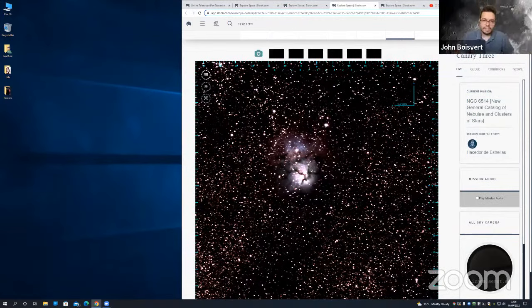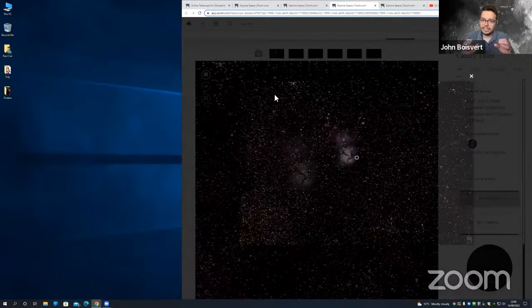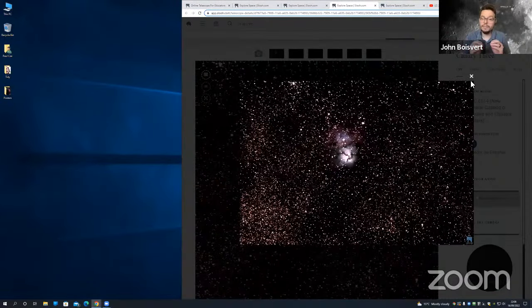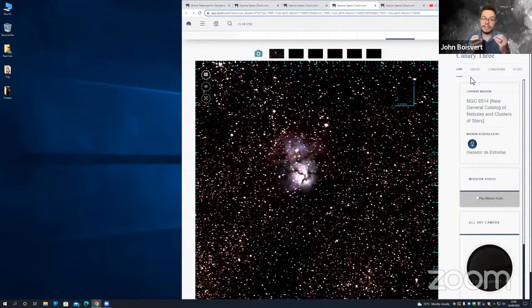This Trifid Nebula is really awesome because you can see two distinct colors. The red color that you see in the bottom lobe is what's called an emission nebula. What's happening is there are young stars emitting ultraviolet light, and that light is exciting the hydrogen atoms in the cloud, causing the cloud to emit its own light, to glow.